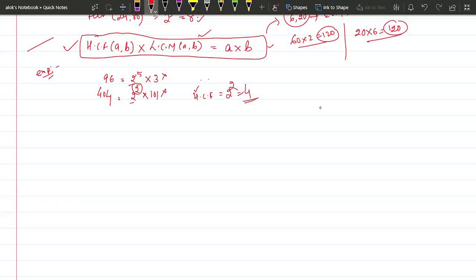So now we find this using this formula. We have HCF as 4, LCM we have to find, and the product of the two numbers will be 96 into 404. So LCM will be,